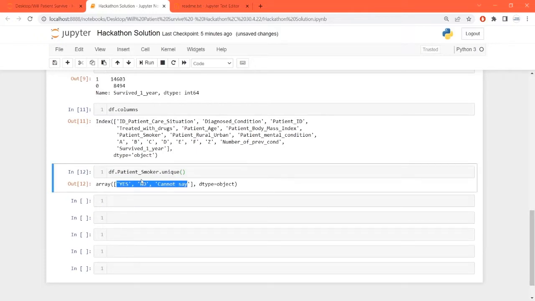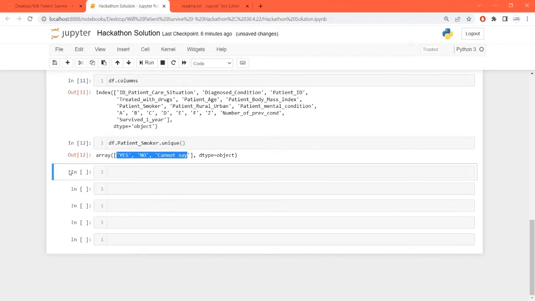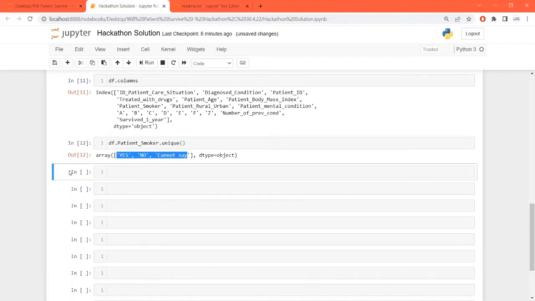You can see we have three unique values over here. I'm considering only the values which are either yes or no. For the cannot say, it's on you what you like to do. So it's just a general flow of how we can approach the problem. The objective of this particular data set is not to give you the best recall, but how to get the recall.